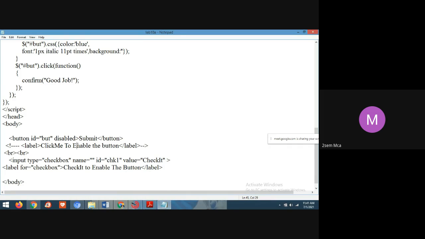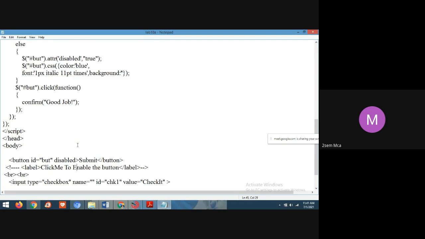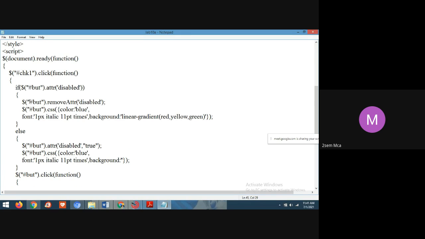Yes, students, now I am going to share these programs, this 10A and 10B programs, in GCR. You study, go through this code and try to execute whatever concepts are used here. Everything we have discussed in the class. See here, .css. In today's class only I have discussed this.